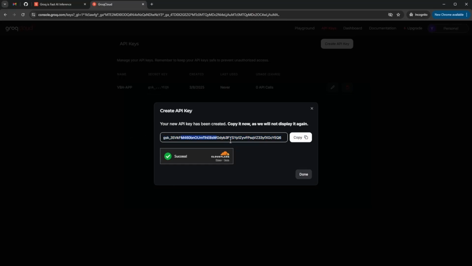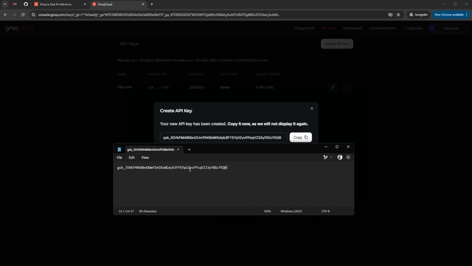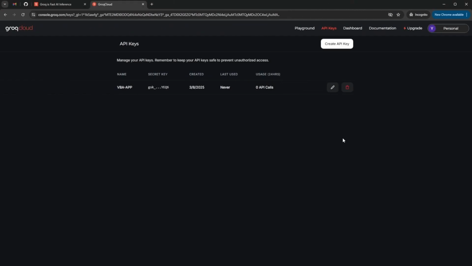This long string of gibberish is how we'll tell Groq who we are when we're sending our requests from VBA. Make sure to copy this now as it'll only be displayed once. If your workbook isn't already set up, then just paste it into a notepad file. I'm just going to put this in my notepad file here. Great, so that's all you really need from here,